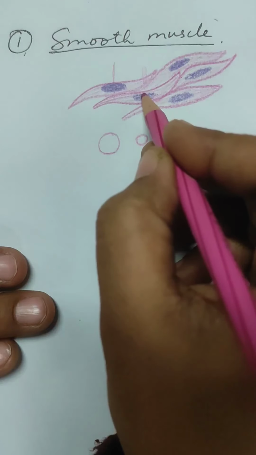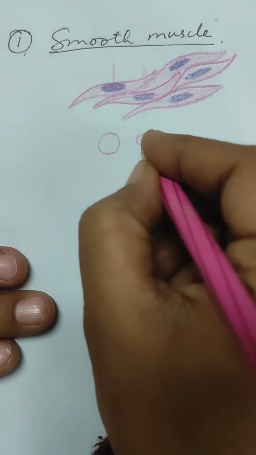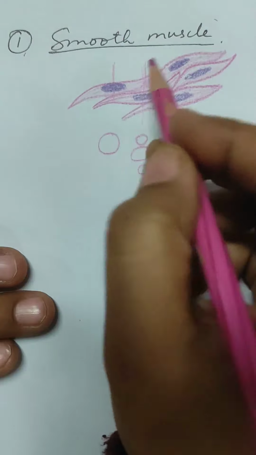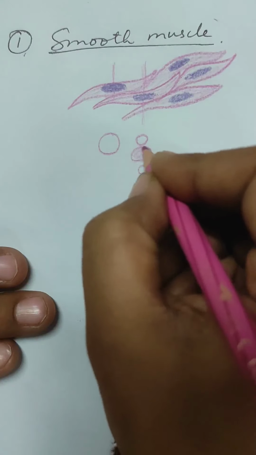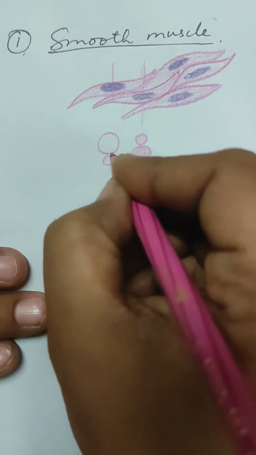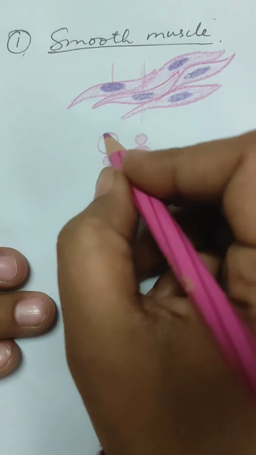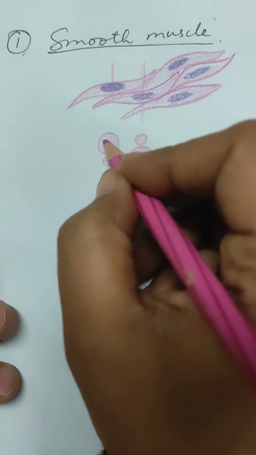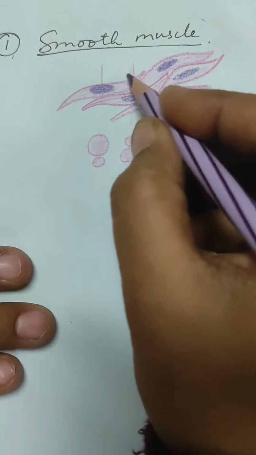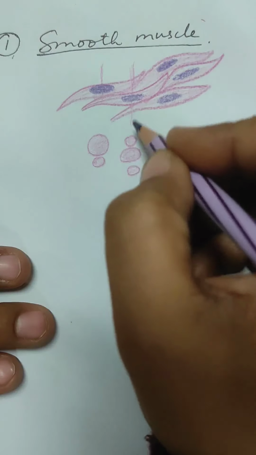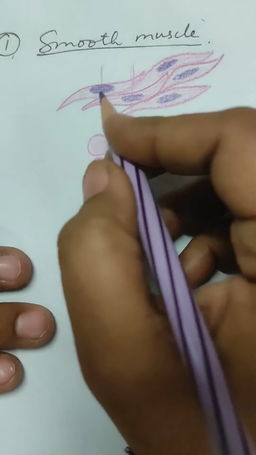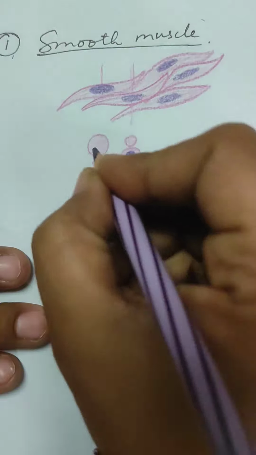With the smaller section, if the cut goes like this, then you will find a bigger circle and then again a smaller circle if the line passes like this, 1, 2, 3, such, and all are filled with cytoplasm. When we cut here, we will find a smaller section. You fill it with cytoplasm and then you place the nucleus. In this end of this cell there will be no nucleus, whereas in the second cell there will be a nucleus. So bigger circles usually will have a nucleus, but smaller circles will not have a nucleus.